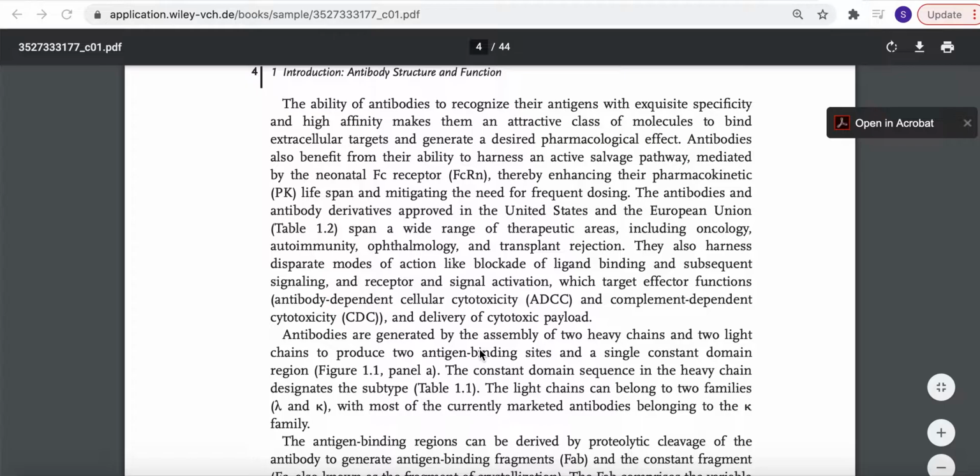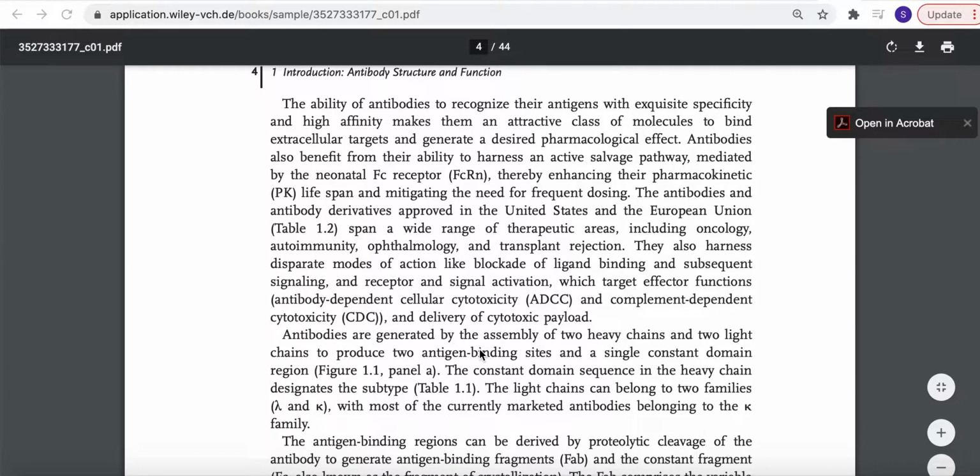The antibodies and antibody derivatives approved in the US and the European Union span a wide range of therapeutic areas including oncology, autoimmunity, ophthalmology, and transplant rejection. They also harness disparate modes of action like blockade of ligand binding and subsequent signaling, receptor and signal activation, effector functions, ADCC and complement dependent cytotoxicity, and